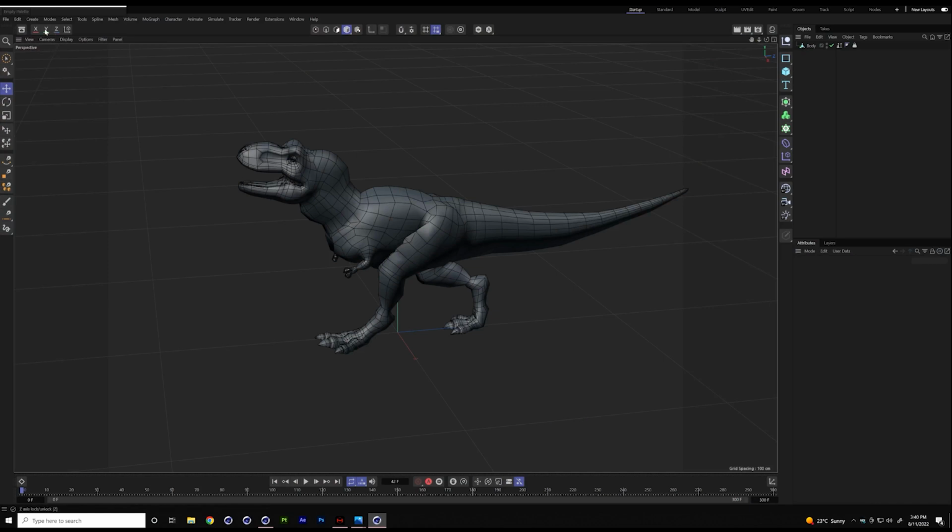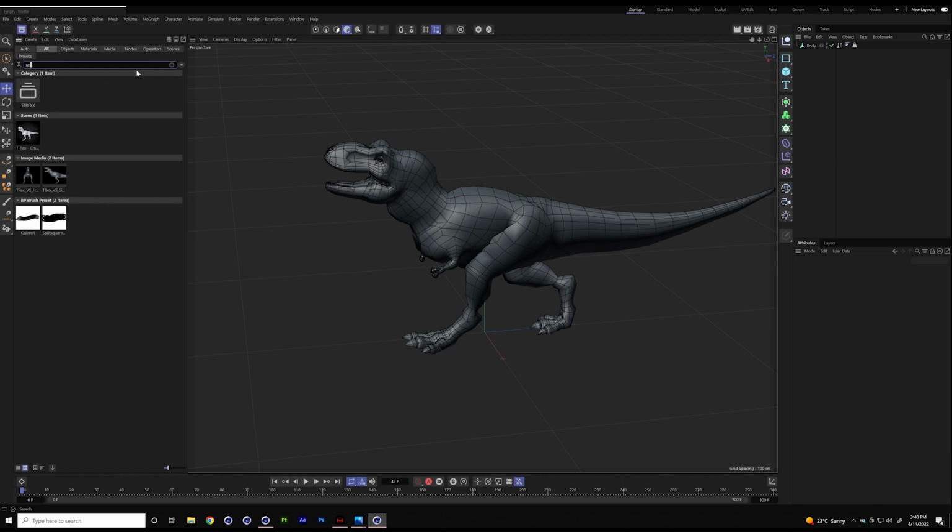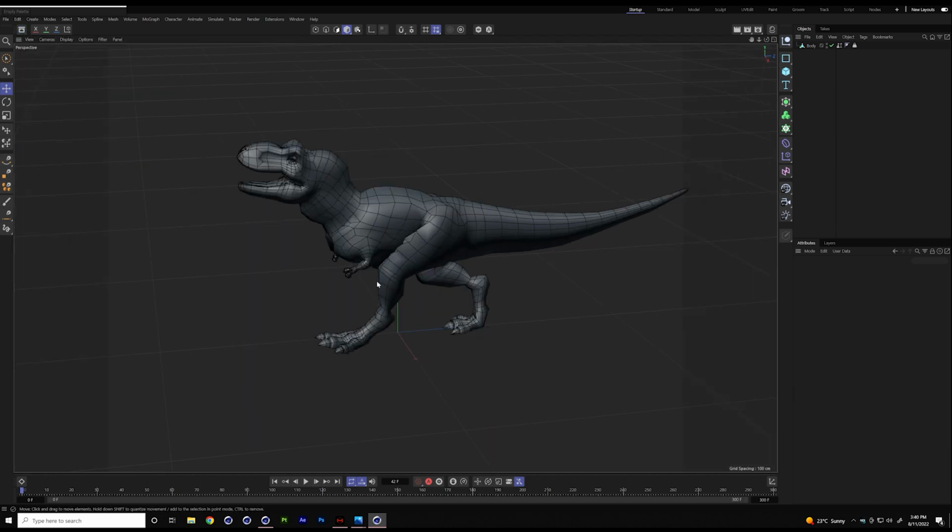It's part of our asset manager. If you type here Rex, you will see our lovely T-Rex over here. I've baked it as an alembic file. One of the intrinsic issues with cloth simulations is that, as I explained in my first presentation, the structure of your cloth object is based only on the surface. There's absolutely no consideration about what's inside the object.